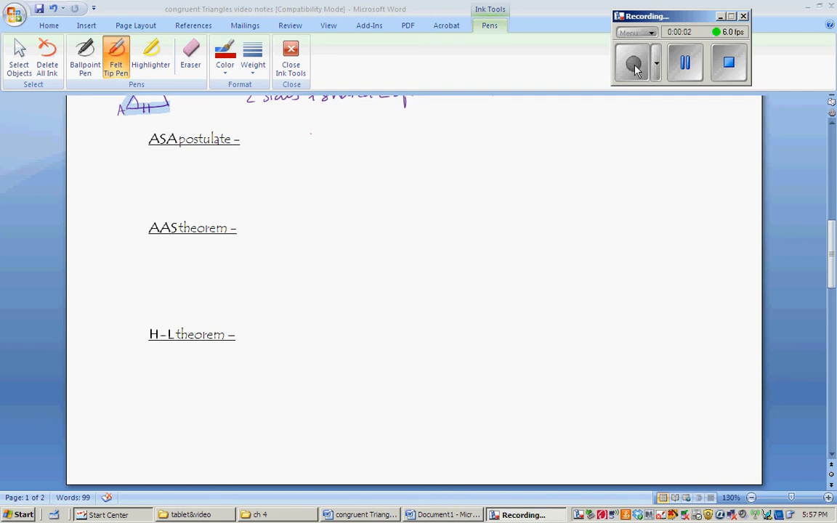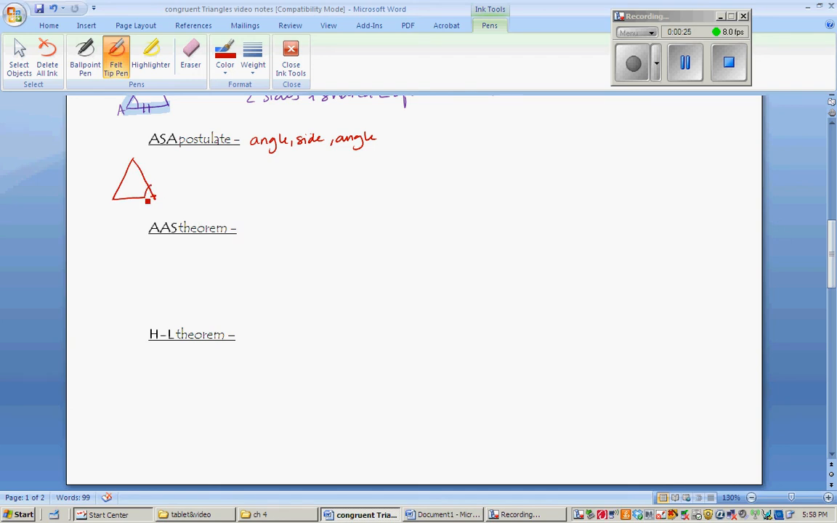Today we're going to look at ASA and AAS as ways to prove that triangles are congruent. Now, ASA is exactly what you think: angle, side, angle. And much like SAS from the other day, the side that you choose has to be the side that is